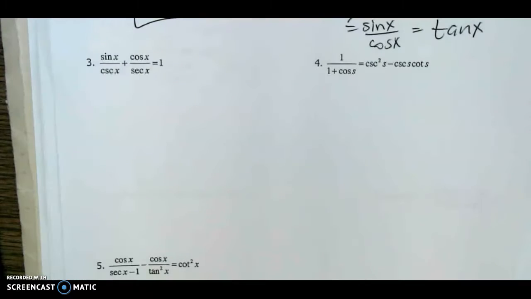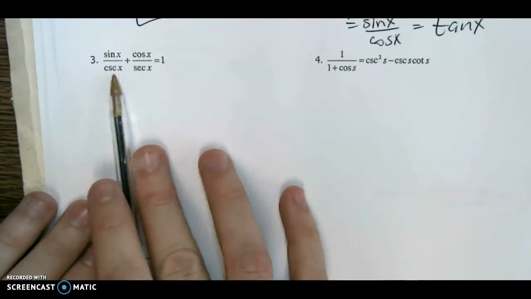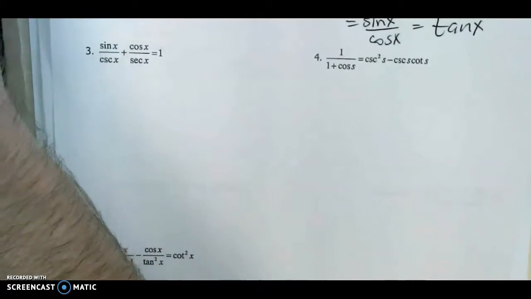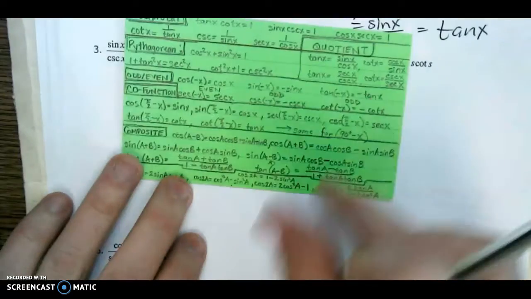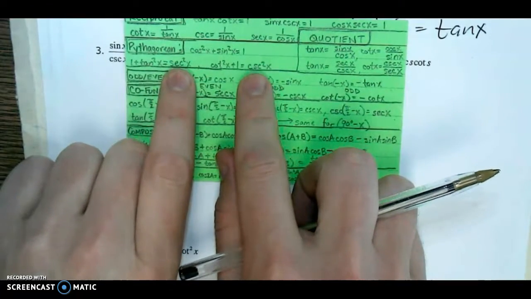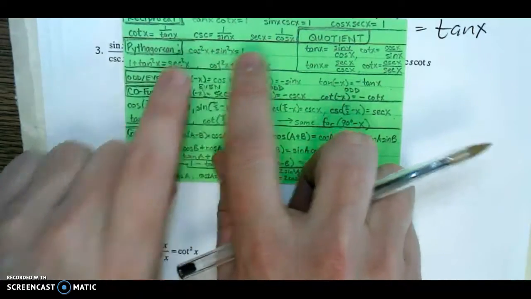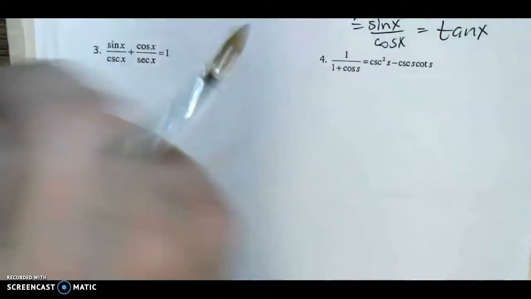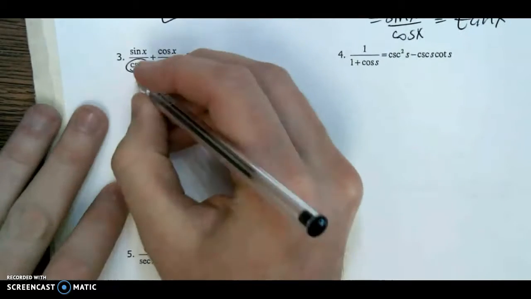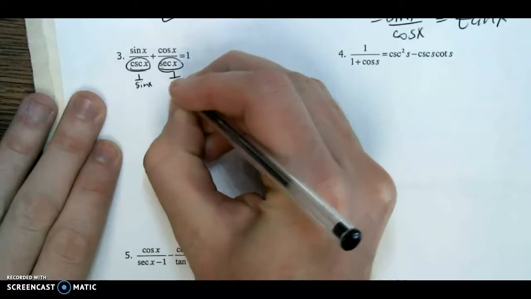Number 3, we're going to get a common denominator, but I don't want cosecants and secants together. Because if you look at your Pythagorean properties, cosecant and secant are not in the same property together, so you don't want to use them very often. What you want to use is cosines and sines because they are in a property together. So I'm going to change cosecant into 1 over sine, and I'm going to change secant into 1 over cosine,